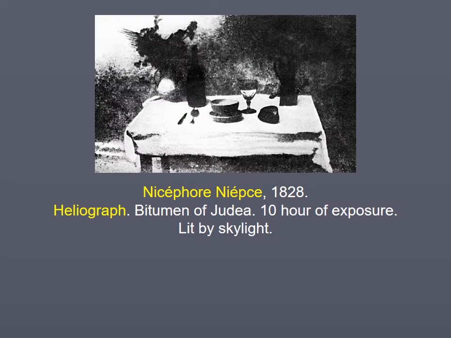A year later, he was experimenting with skylights, in which the sun, as it moves across the sky, doesn't change the position of shadows. The light streaming down remains the same. But it takes 10 hours of exposure, a little longer to expose. But things started to appear with normal shadowing.